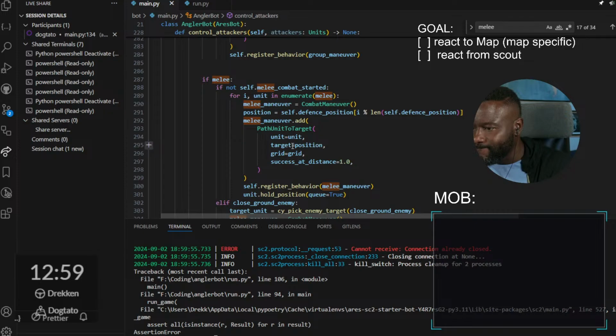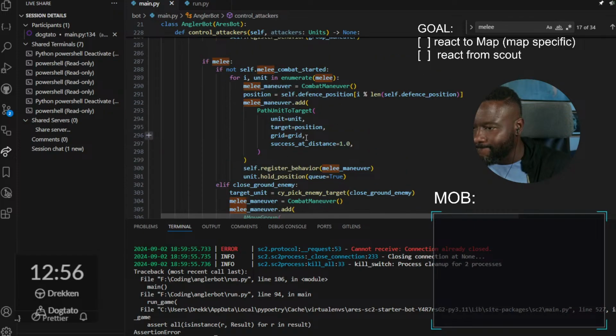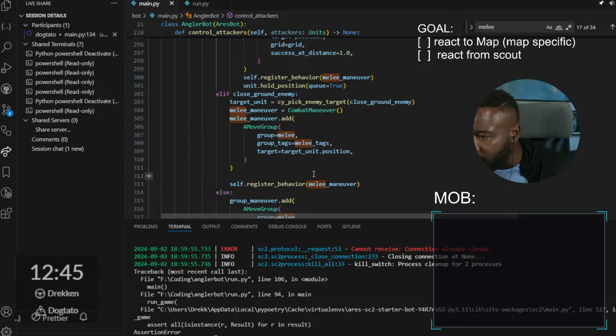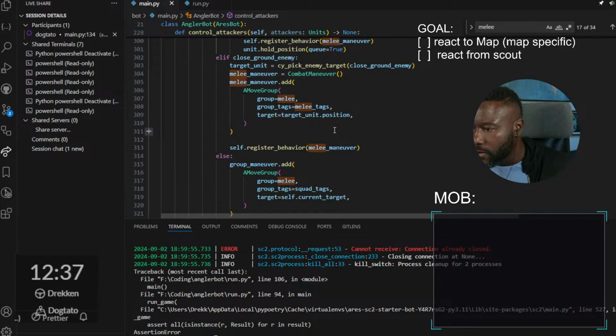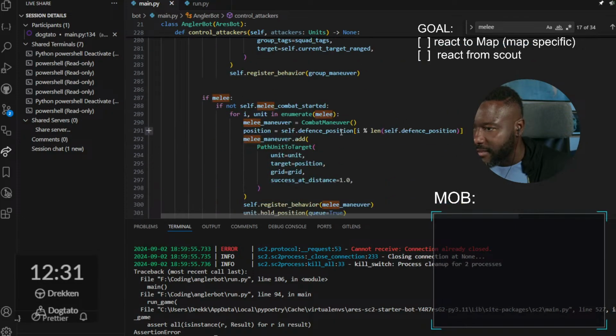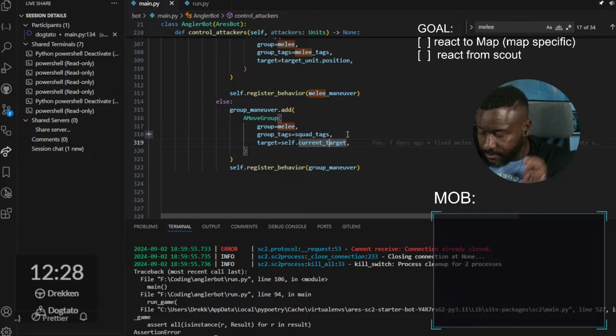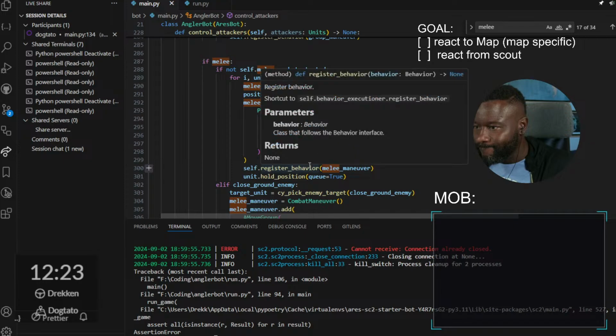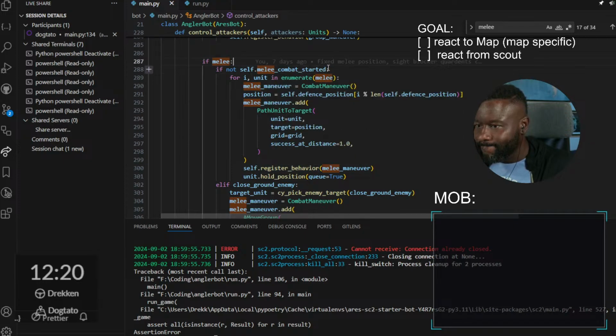Yeah, so this is what's triggering because melee combat hasn't started. Okay, so if not combat started, there's no enemy because it hasn't seen an enemy. Then the else uses its current target, target is target unit position. This is if there's an enemy. And then the final else, current target. So if not combat started, current target. So yeah, that first if I think needs the same condition, maybe to use current target instead of